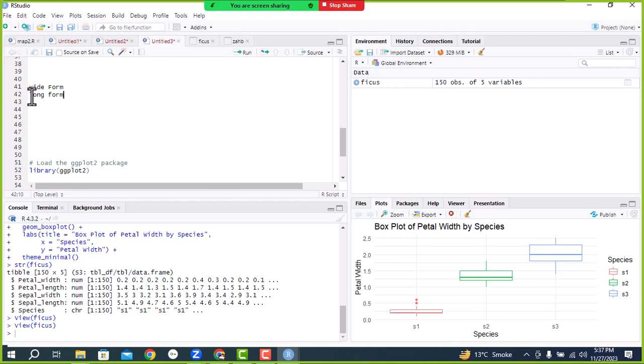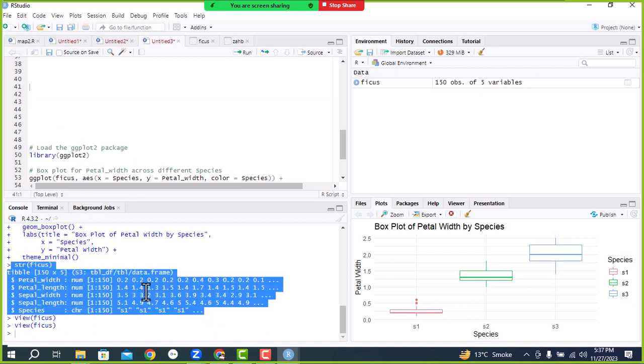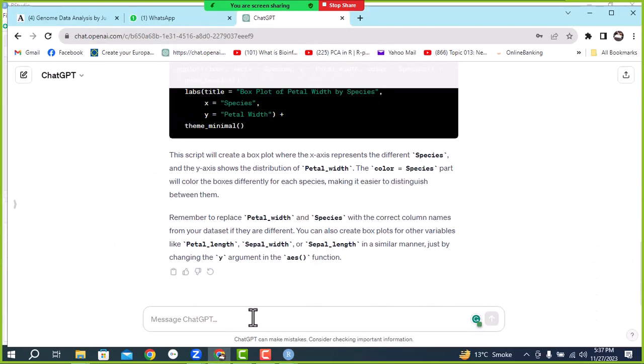Please wait, when we get long form data, I will show you the long form data set. So copy this str data, open ChatGPT, first say thanks, it's working,